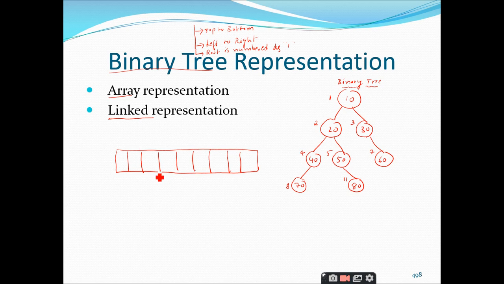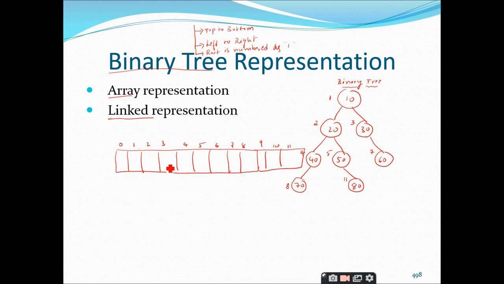So the compiler automatically gives the index numbers for each and every location. What is the starting index number? It is 0, right? 1 2 3 4 5 6 7 8 9 10 11, like this, right?